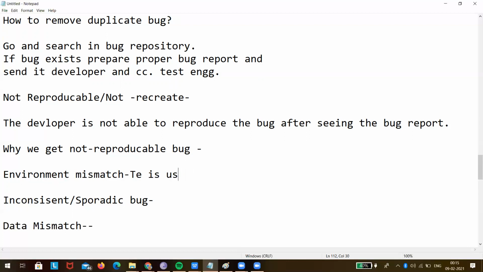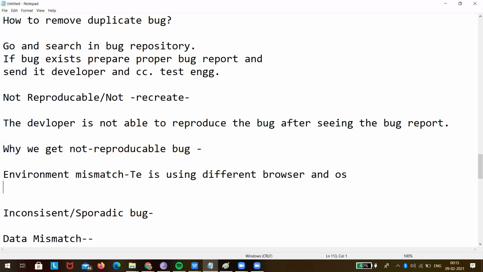The test engineer is using a different browser and OS, and the developer is using a different browser and OS. So this is called environment mismatch.